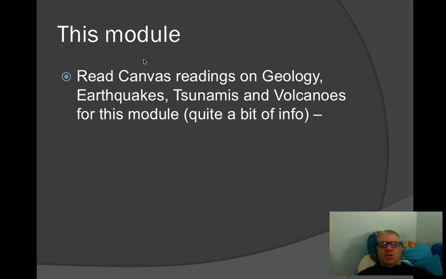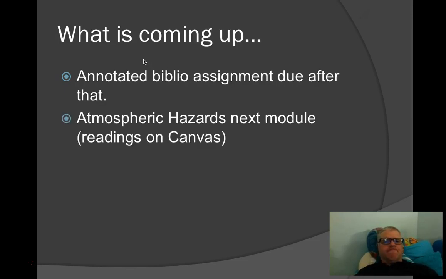My apologies, I know that on one of the PDFs some stuff got cut off a little bit, but I think for the most part things are in pretty good shape. Rather than assigning the entire textbook for the natural hazards book that some of these chapters came out of, I thought I'd just scan them in, and I think most of them worked okay, but my apologies if there are little places here and there where it's cut off. That shouldn't happen in any of the other readings that we have coming up.